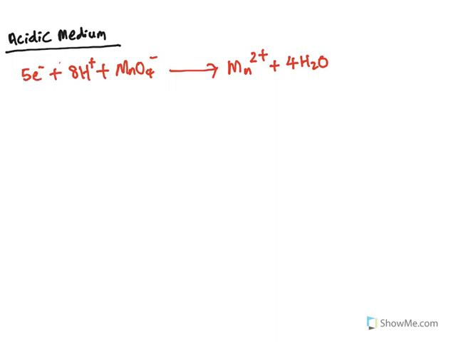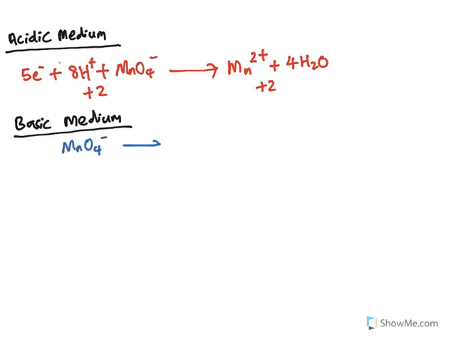Okay, and double check again. So overall charge here it's plus 2. Overall charge over here 8 minus 7 minus 5, so also plus 2. So this is done. Okay, now and then of course in the basic medium, right, how do we balance? Okay, let's say in the basic medium, basic medium. Okay, so same thing, MnO4 minus, but we need to know it becomes